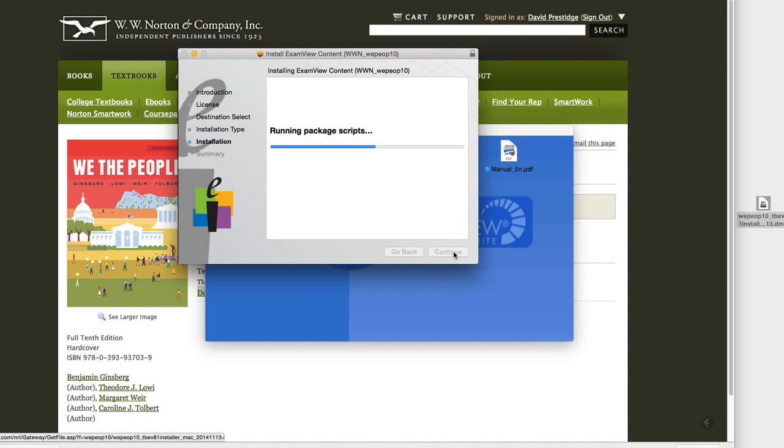And that's what we're going to be doing next as soon as this installation file completes. Now, this can take some time the first time you install ExamView. Don't be alarmed. If you need to go grab yourself a cup of coffee and wait for ExamView to do its work, feel free to do that. And I'm just going to take a short break, and when I come back, we'll begin the process of creating